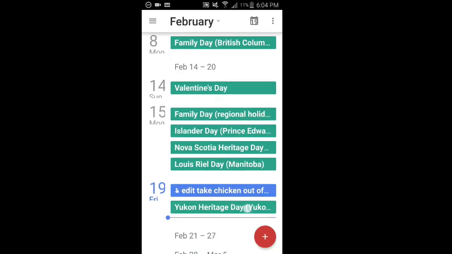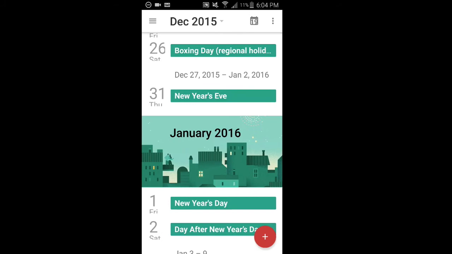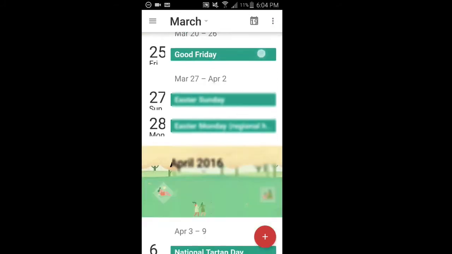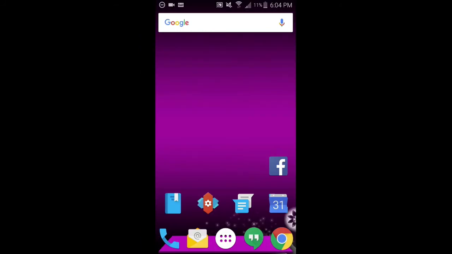So I just think that the layout of the Google Calendar takes better advantage of the screen and has better fonts that, even though they're small, they can easily be worked with, you know, if you've got zoom on or magnification and so on. The last benefit to Android, and this is actually probably one of the biggest ones, is